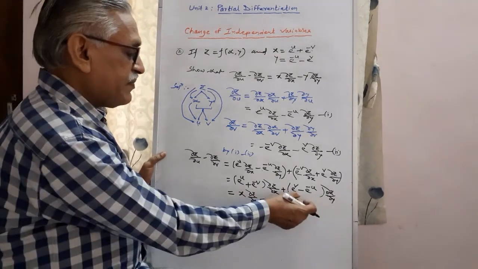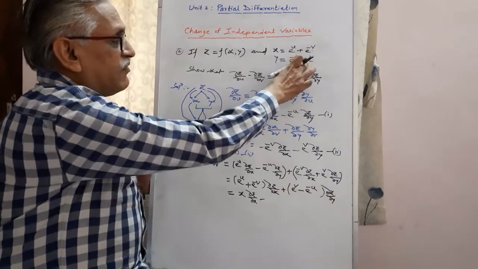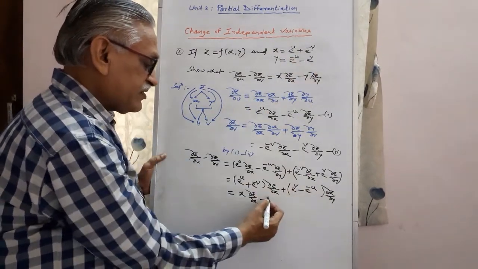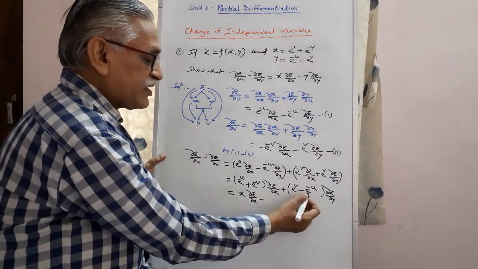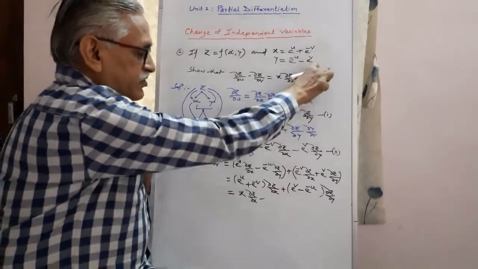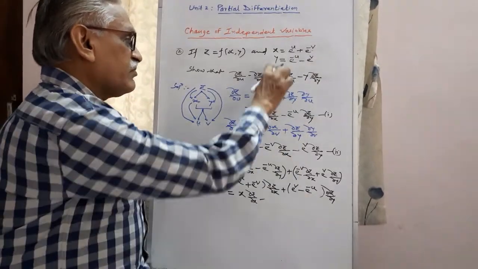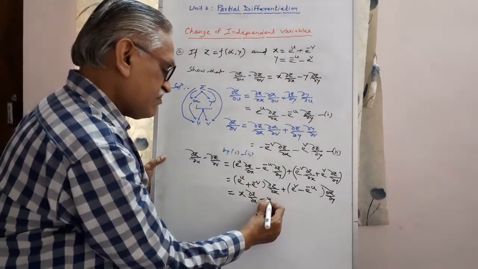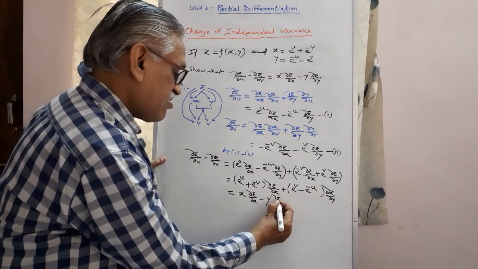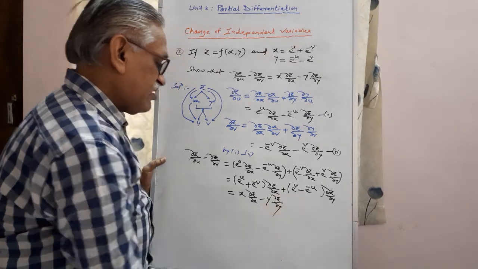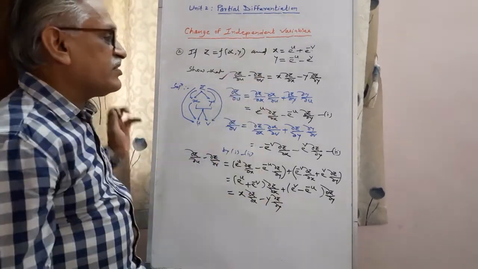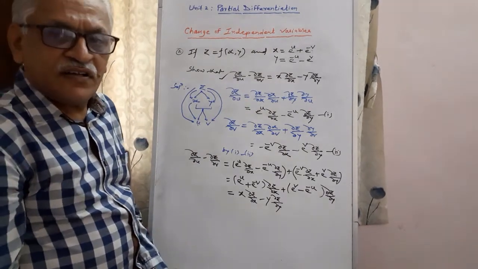Then e raised to v minus, to have this term, I will take minus sign common from this. If you take minus sign common, it becomes in bracket e raised to minus u minus e raised to v, and that term is nothing but y, and therefore it becomes minus y into dou z by dou y. We get the required result. Okay.